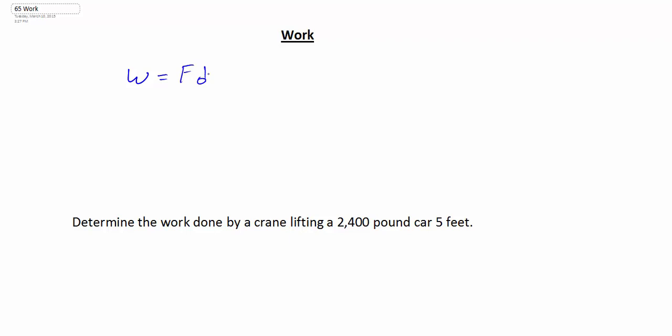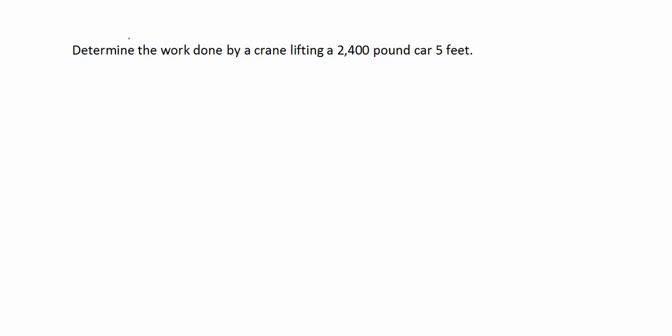So here we have work is equal to the force multiplied by the distance that we have moved some particular object. So this is the formula that we're going to be using. And the first question states, determine the work done by a crane that is lifting a 2,400 pound car 5 feet. So if we have, here's our car that is 2,400 pounds. And if we're going to lift this straight up,